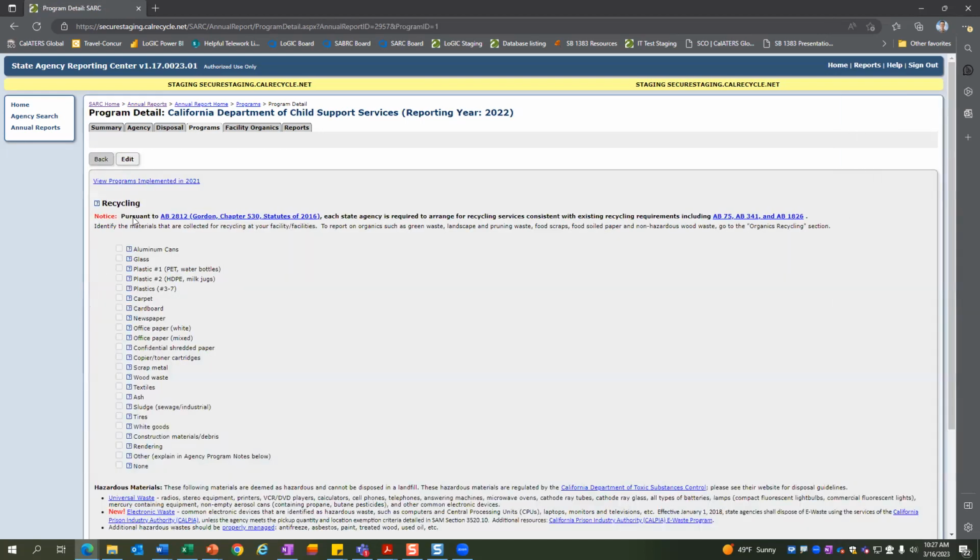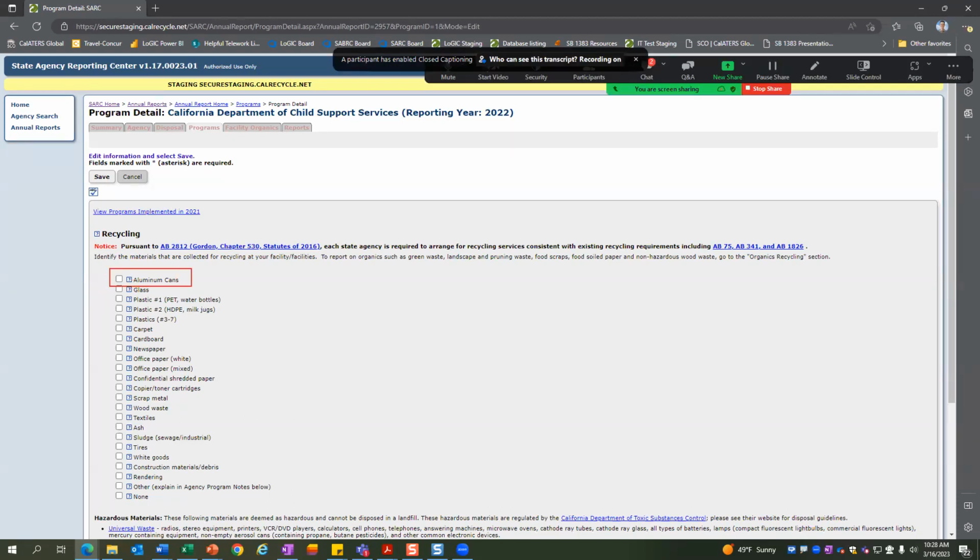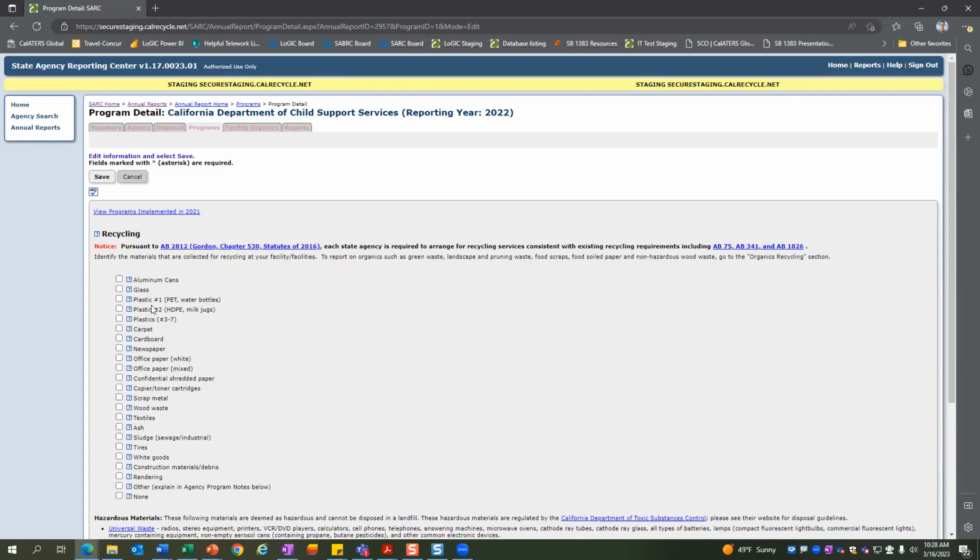So what you do here is open up these sections, click the edit button. We did add a few more options here and also eliminated a few. So before up here, we just had beverage containers, and that seemed a little bit confusing. So we split it out into what we meant by beverage containers. So aluminum cans, glass, and plastics, mostly number 1 and number 2 are what are considered beverage containers. There are some exceptions, but that's most of them.